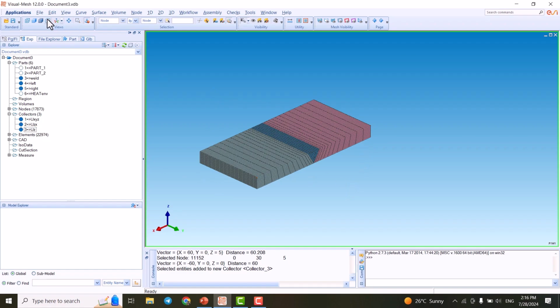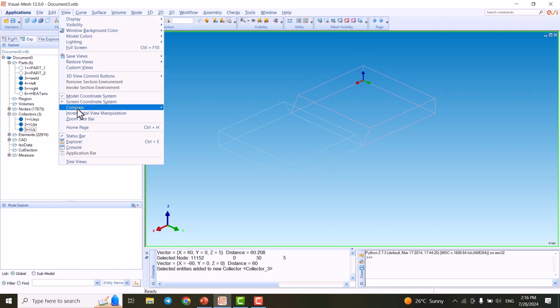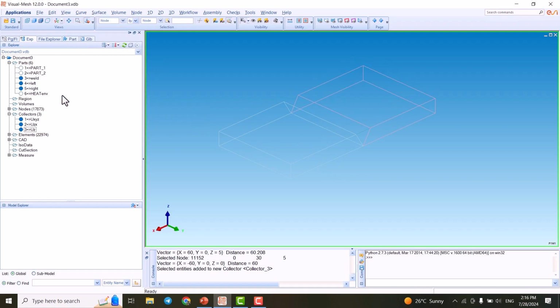I'm going to make sure that I selected the right clamp conditions. From view, I'm going to uncheck this model coordinate. This is the UXYZ, this one the UZX, and this one is the UZ. Alright,